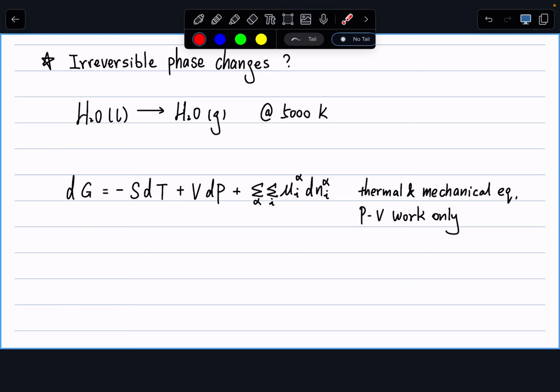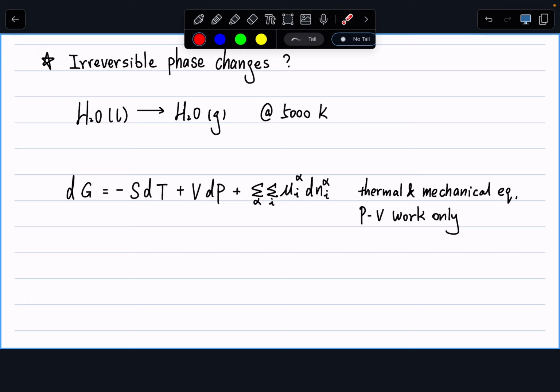So what do we know? We have our expression for dG describing chemical equilibrium, material equilibrium. That's our Gibbs equation. That goes back to our figure here. Can people see it? All right, okay. Last time we were using dG equals 0 at equilibrium, and we know something else: dG equals negative SdT plus VdP at equilibrium. That's our Gibbs equation.